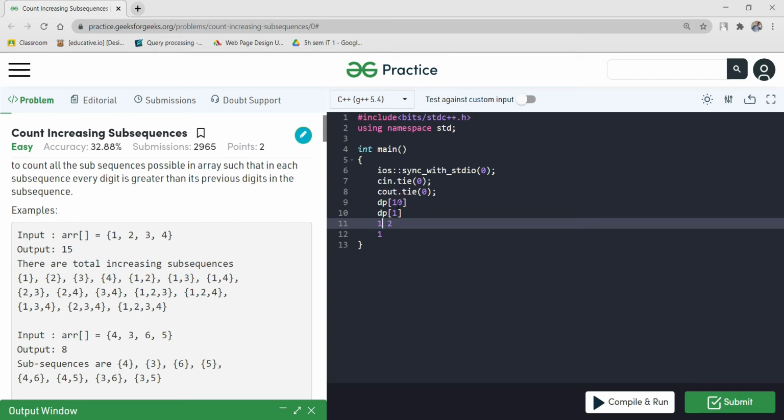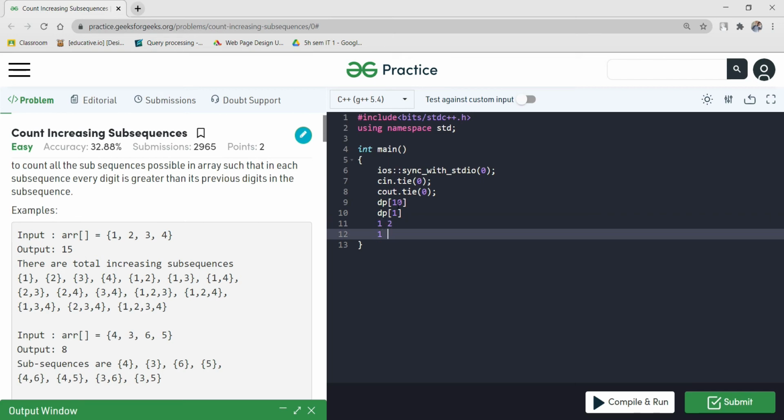So we will check how many digits have been encountered earlier in the array before the current digit.